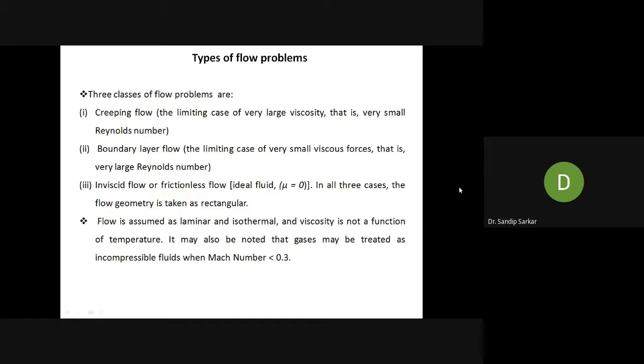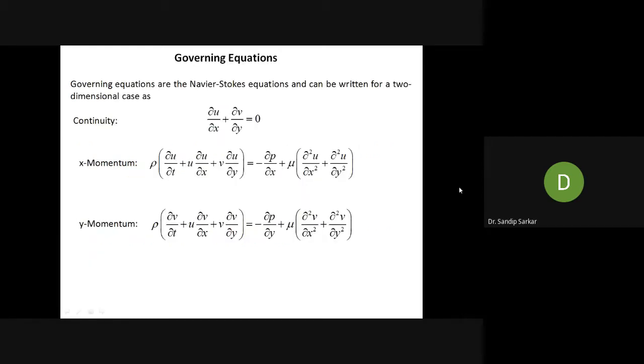Then we need to apply the pertinent governing equations to solve those classes of fluid flow problems that may exist in reality. What the numerical methods for solving those classes of problems will be, we shall discuss in the subsequent slides or subsequent classes. Primarily in this computational fluid dynamics course, we will be limited to two-dimensional incompressible fluid flow problems.